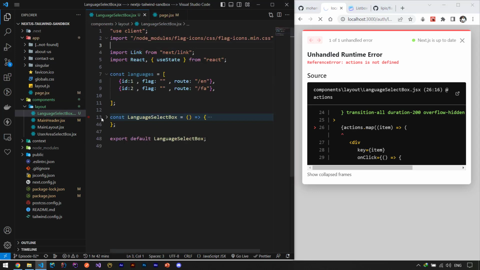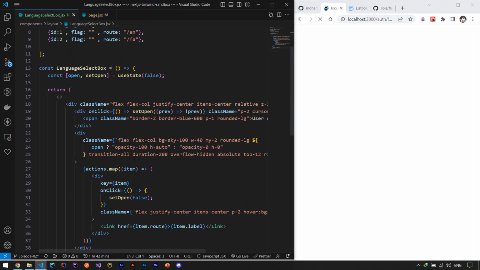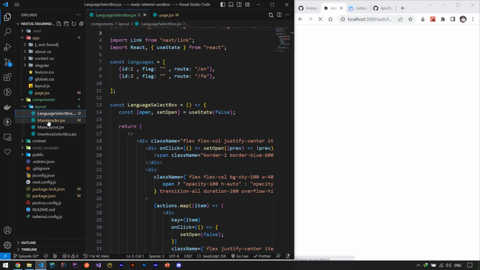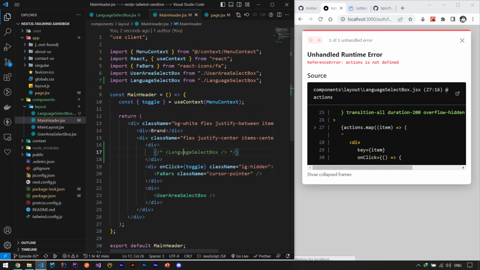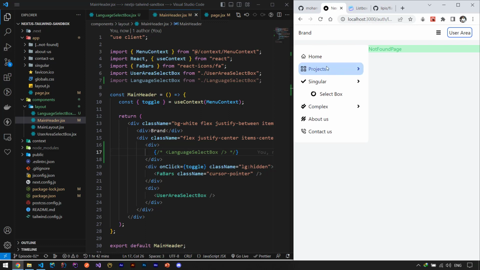Refresh. I think we have an error for now. Yes, of course we have an error because of this action. Let's simply comment this out for now. So comment this language select box to avoid the errors. Okay, if I go to the home page for now,